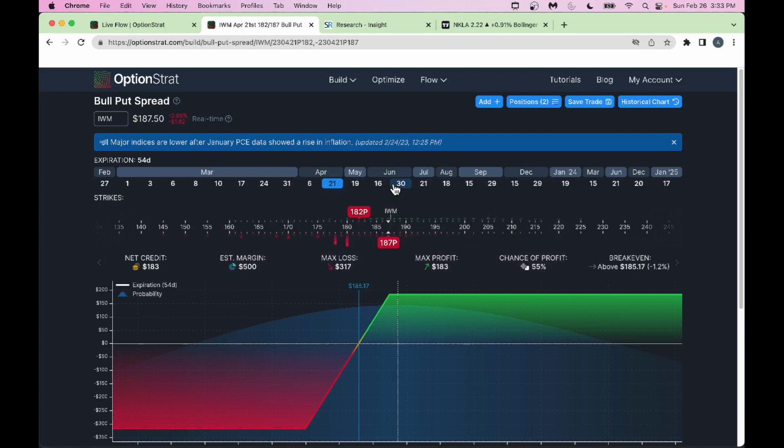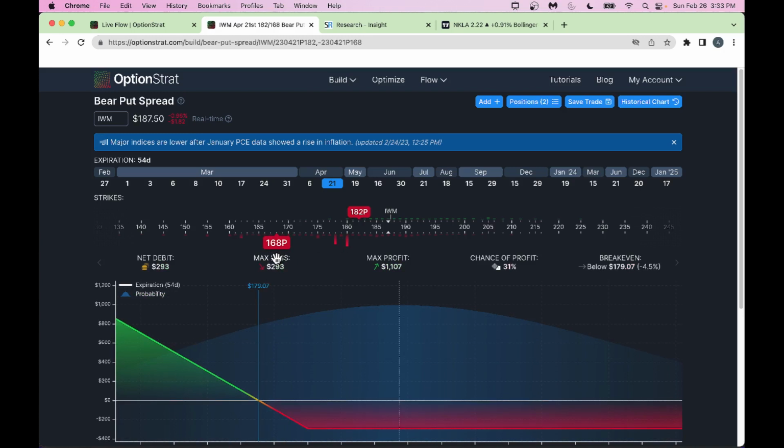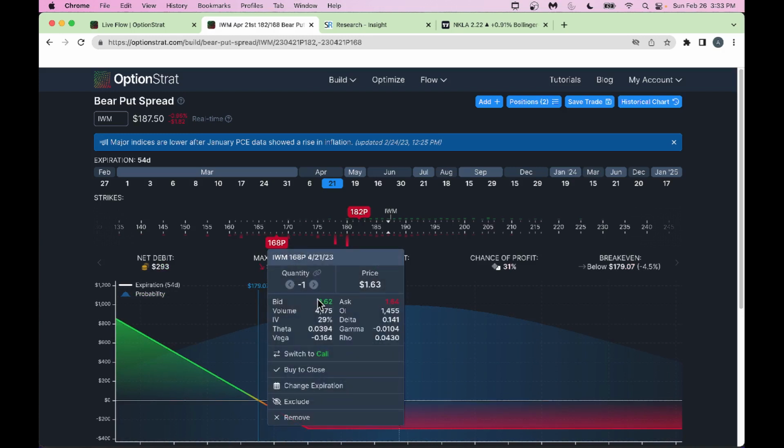I don't want to take too much risk. That's why I go a little bit lower, much below the current stock price. So let's go right here to 168. We are selling a 168 IWM put, and for that, look,